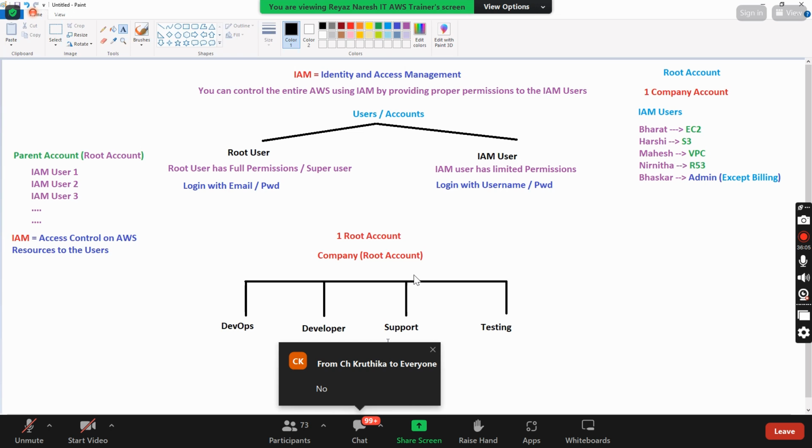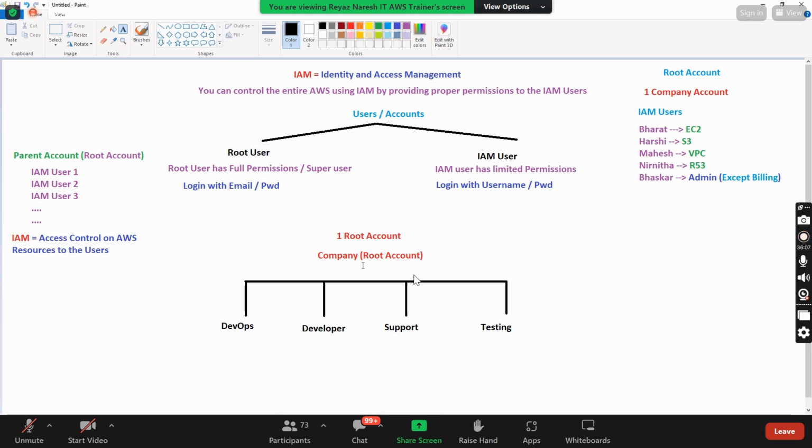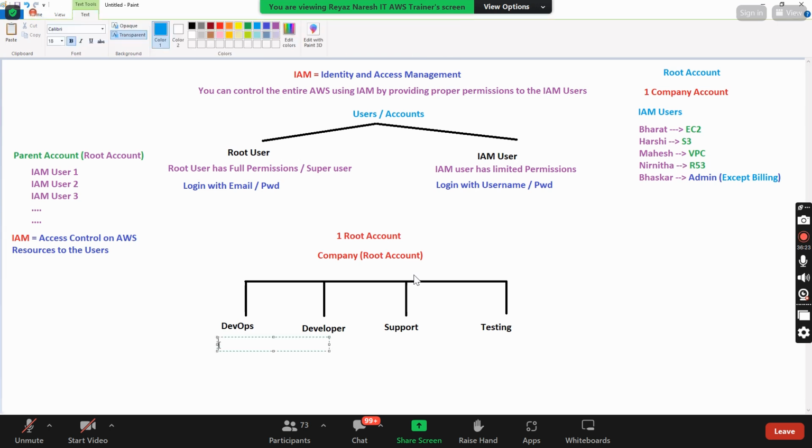For that reason, guys, assume that I'm a company head. I'm a CFO, Chief Financial Officer, where I will be paying the bill of my entire AWS account. So now, DevOps people, it's very hard for me to handle all IAM users for all the departments. What I'll do is, hey, DevOps department, have your own root account. Have your own root account. Don't come to me. And then